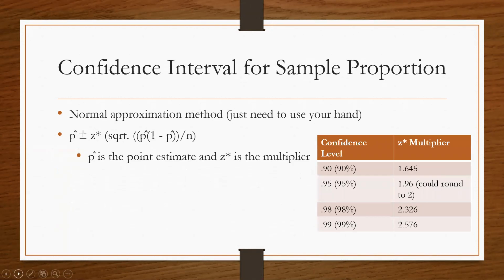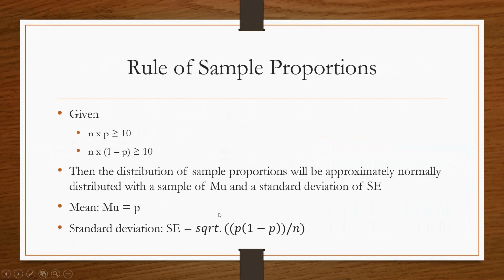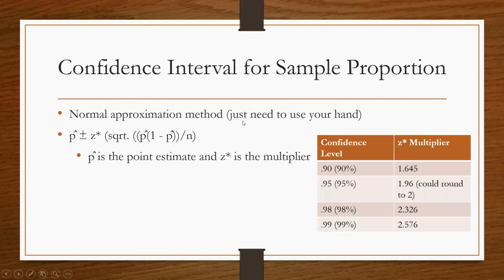So going back, confidence interval for sample proportions. The way you calculate it, at least the shorthand way they have you write it out, the way you're really going to be tested on, uses this equation: p hat plus or minus the z multiplier times the square root of what we just had in the last one. It's just using the standard deviation equation, plugging it in right there. Where p hat is the point estimate and the z multiplier is based on your confidence level,